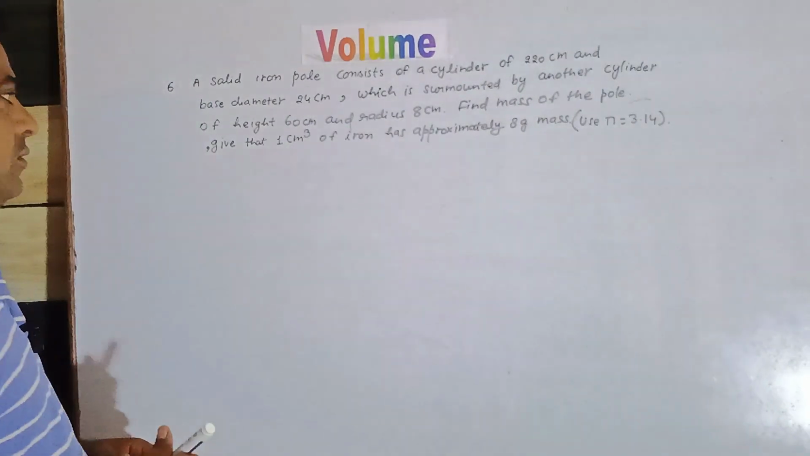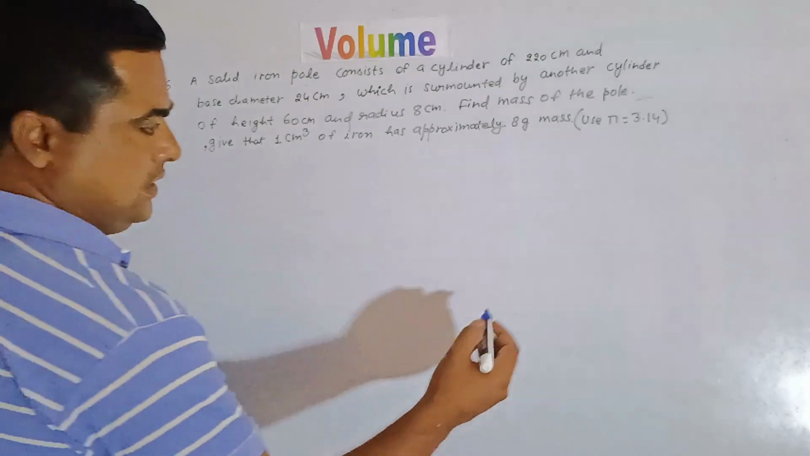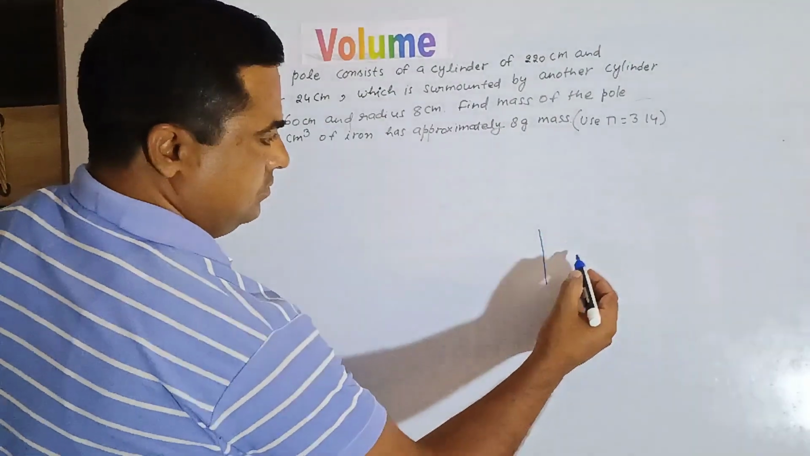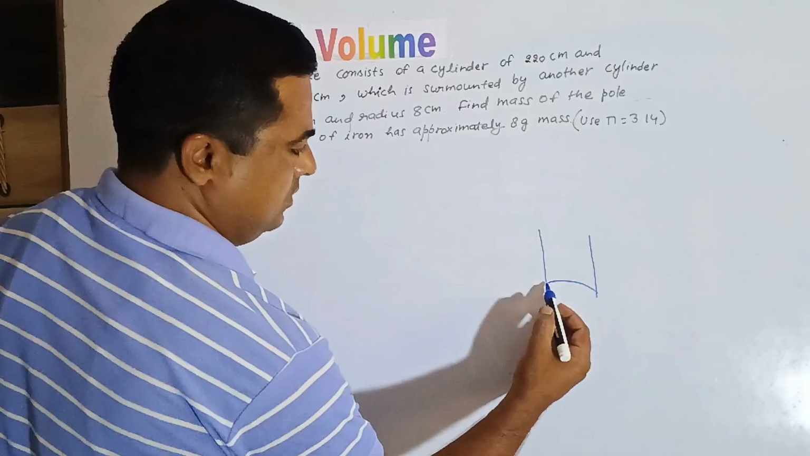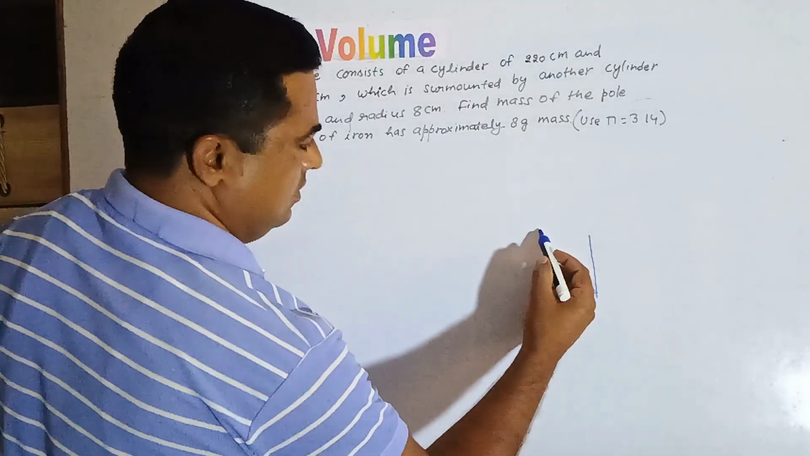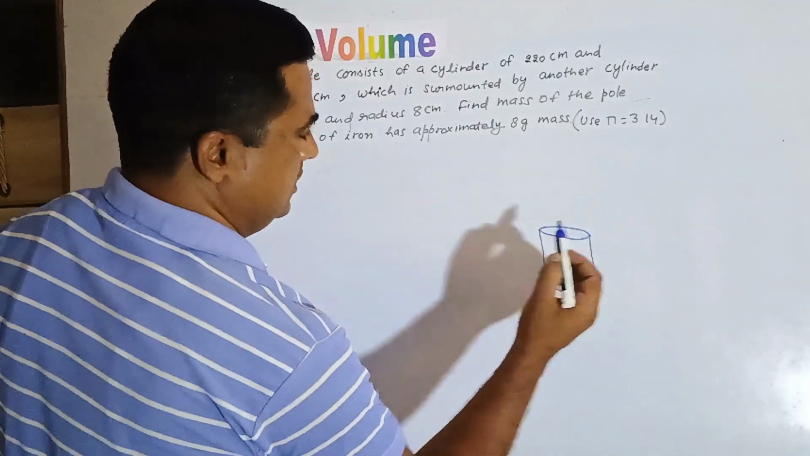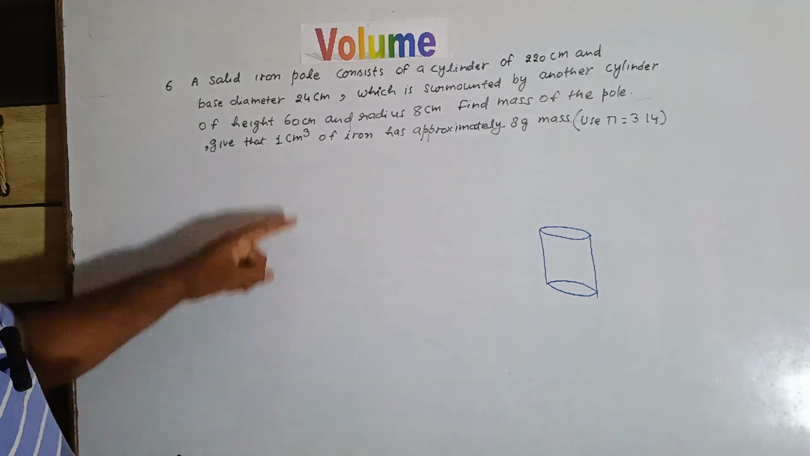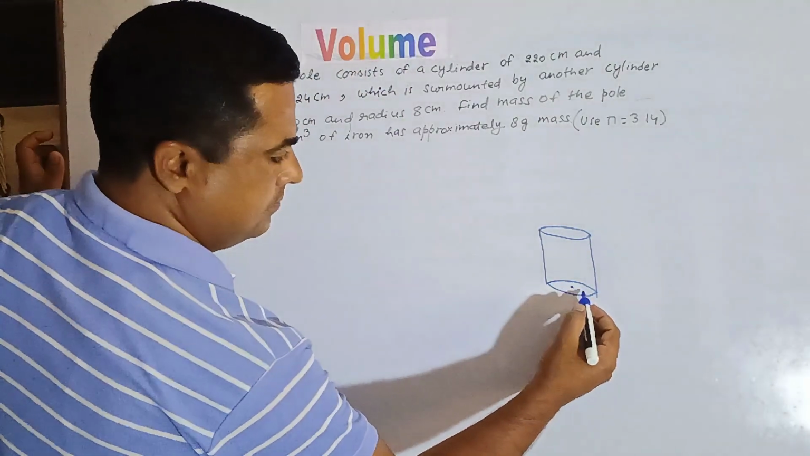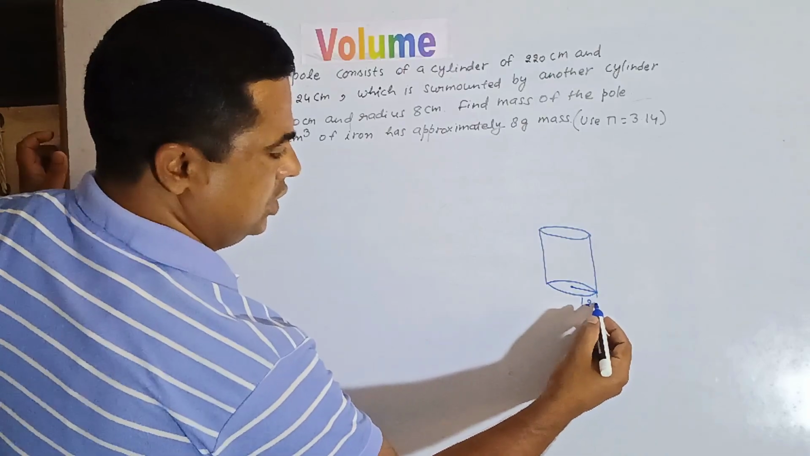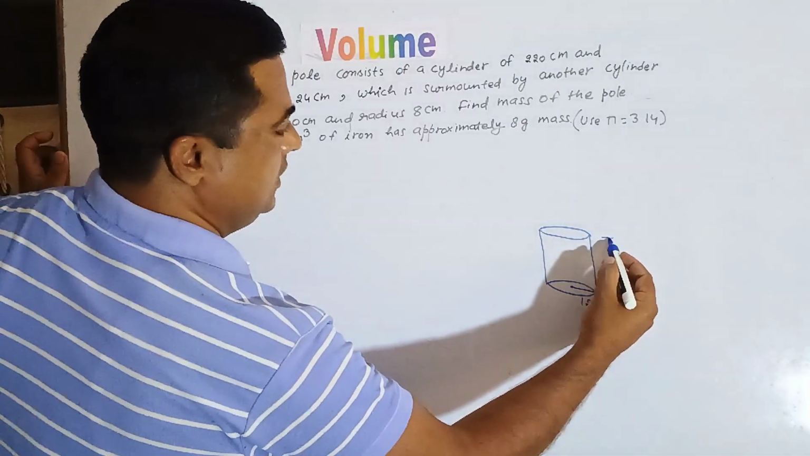They have written in the question, students, that we have a cylindrical pole. We are making a cylindrical pole, and what is the radius of this pole? In the first part they are saying the diameter is 24, so the radius will be 12 centimeter. Radius is 12 centimeter and height is 220